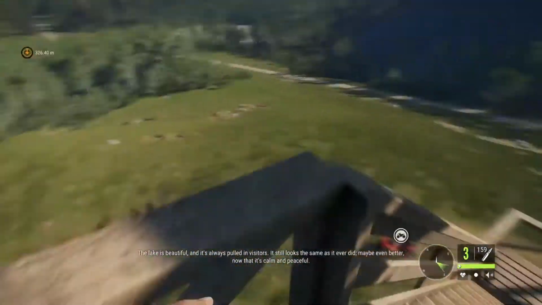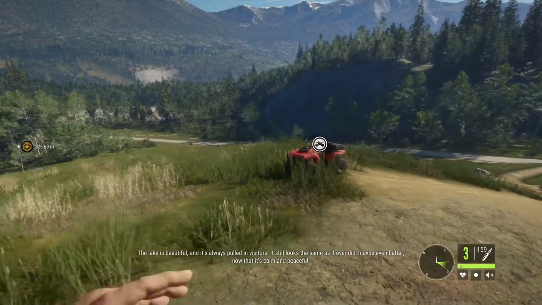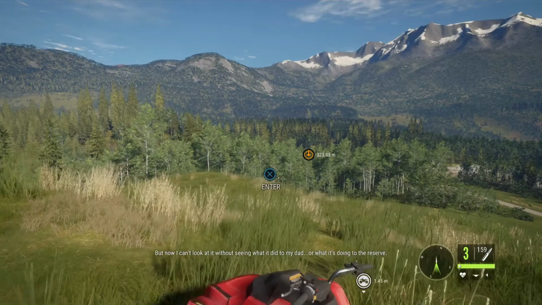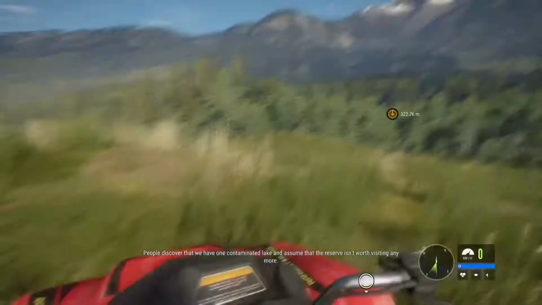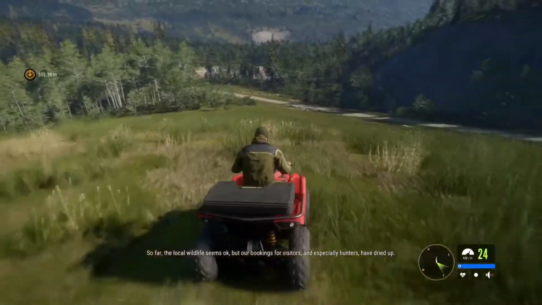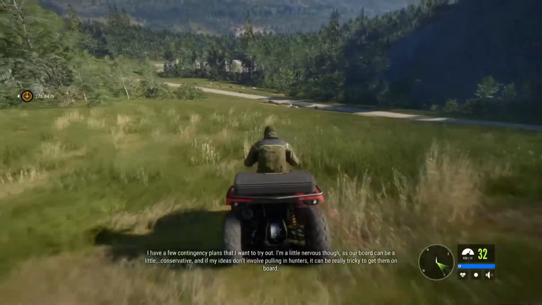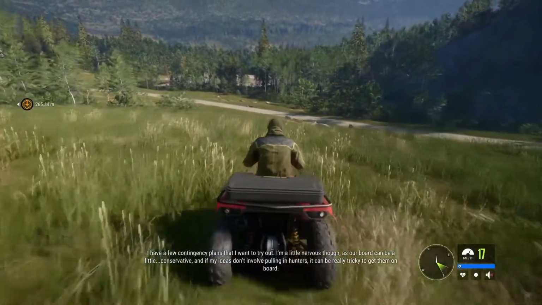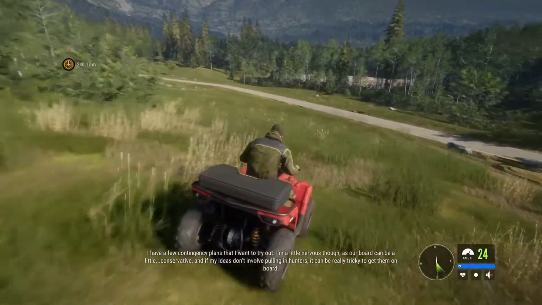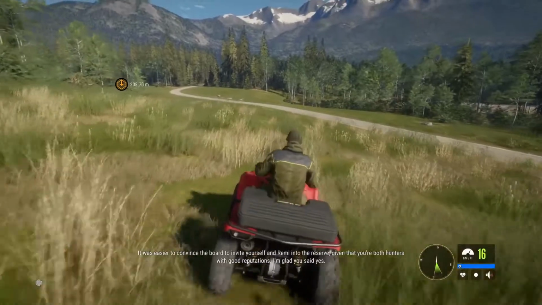The lake is beautiful, and it's always pulled in visitors. It still looks the same as it ever did. Maybe even better, now that it's calm and peaceful. But now, I can't look at it without seeing what it did to my dad, or what it's doing to the reserve. People discover that we have one contaminated lake and assume that the reserve isn't worth visiting anymore. So far, the local wildlife seems okay, but our bookings for visitors, and especially hunters, have dried up. I have a few contingency plans that I want to try out. I'm a little nervous, though, as our board can be a little conservative. And if my ideas don't involve pulling in hunters, it can be really tricky to get them on board. It was easier to convince the board to invite yourself and Remy into the reserve, given that you're both hunters